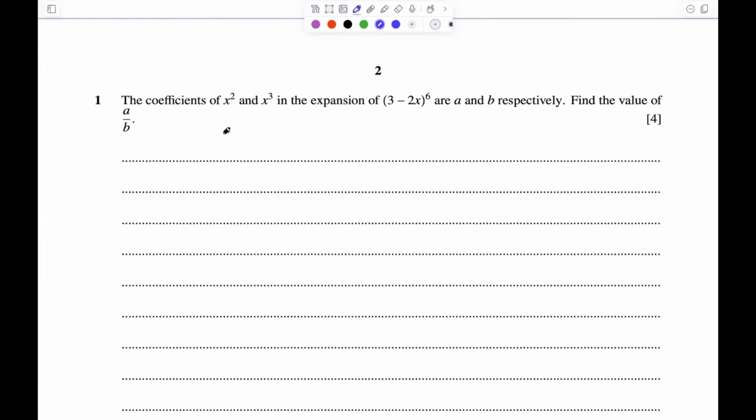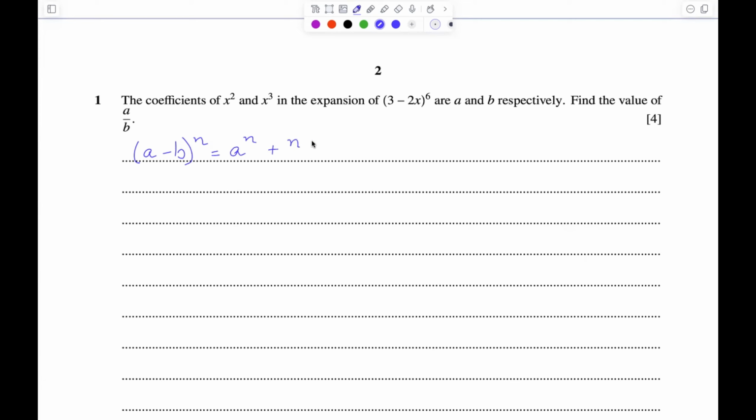The question says that the coefficients of x squared and x cubed in the expansion of (3 minus 2x) to the power 6 are a and b. We have to find the value of a upon b. Now we know that if we expand (a minus b) to the power n, the expansion is given by a